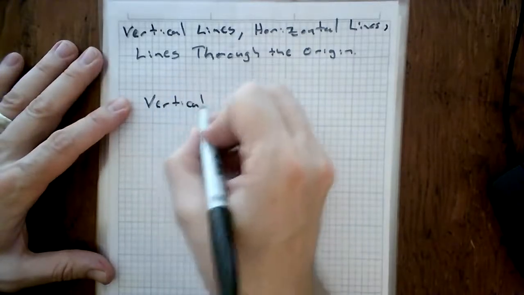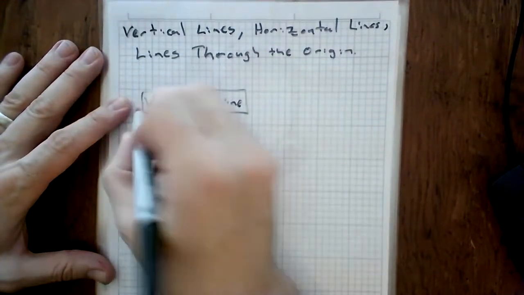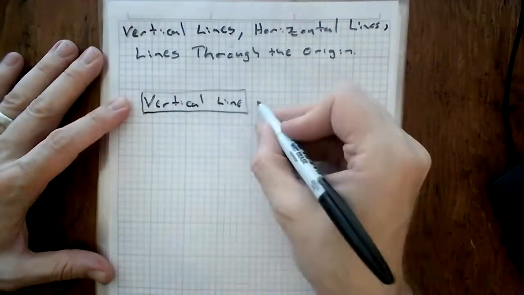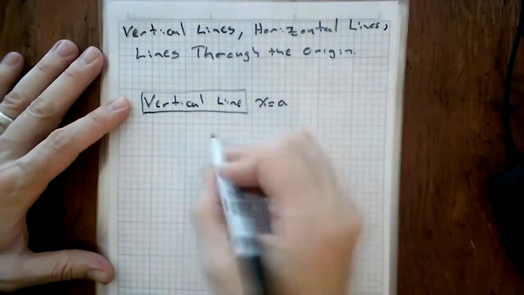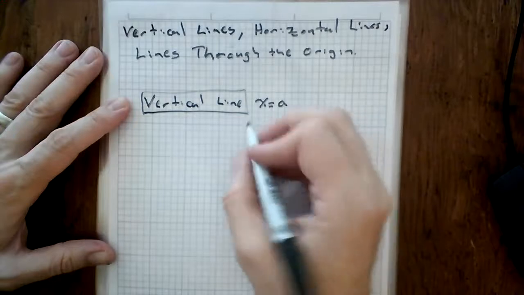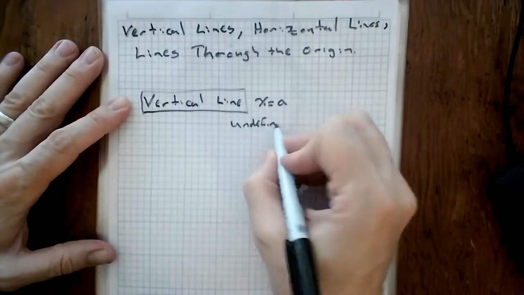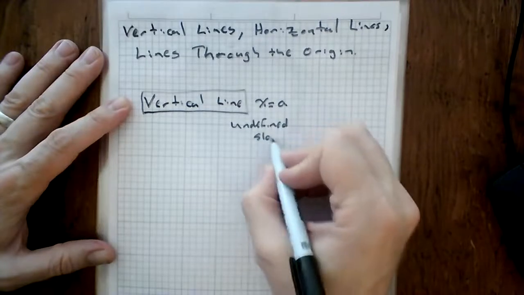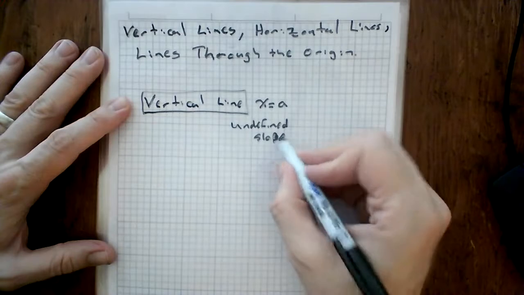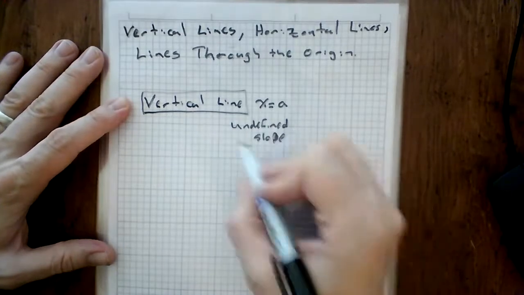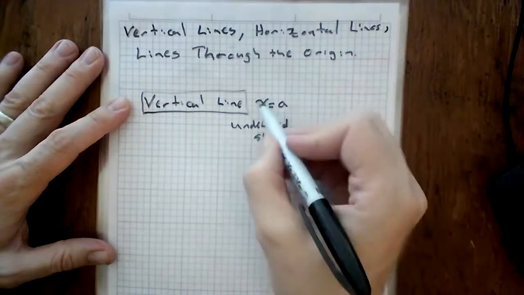And a vertical line, all vertical lines are going to have the same sort of equation. It's just going to be x equal to some sort of constant. Now, vertical lines have what we call an undefined slope. And of course, if you'll remember, a number is undefined if you're attempting to divide by 0. Since a slope is given by the rise divided by the run, this literally shows us that we've got no